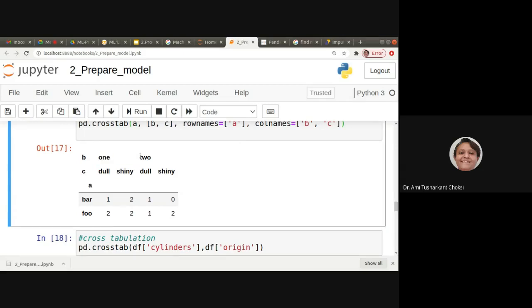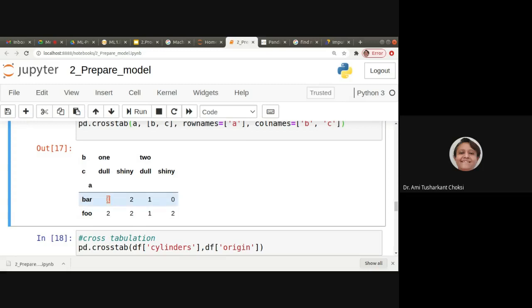In the same way, for 2 also we can have dull or shiny. Now for A, we have two unique values, bar and foo. So that's what we have written here. Now here A is bar, C is dull, and B is 1.